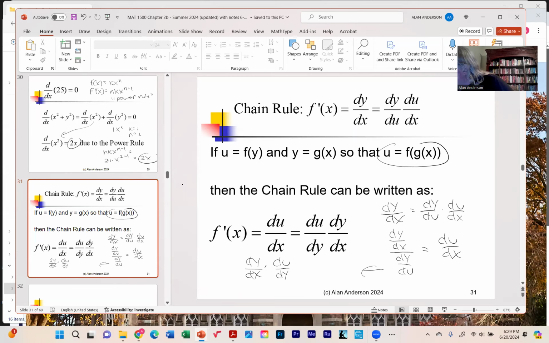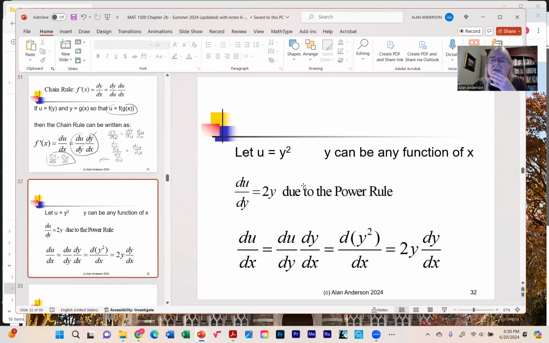But we normally write it like this. This is correct, what I have here is fine, but we normally write it this way. The reason we do that is so you can see that these actually are canceling each other out. So we have a slightly different version of the chain rule here, where we're solving for du/dx with the assumption that u is a function of y. So in this case,